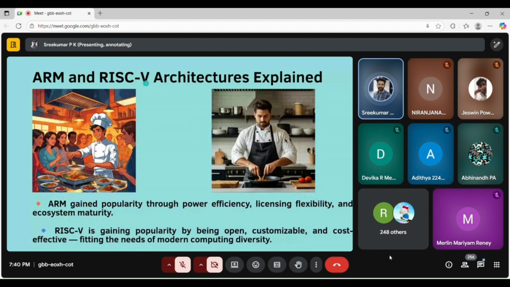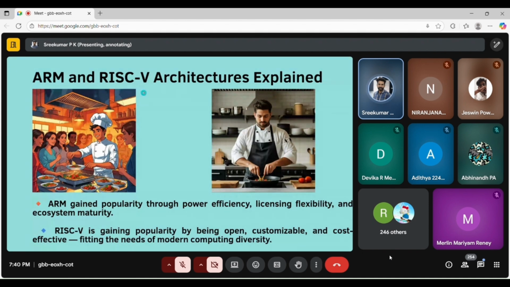RISC-V is also based on the RISC-V ISA. RISC-V is an open source architecture, which means they have made all the Verilog code available in the public domain. You can download it from the website and make it your own microcontroller or your own processor.